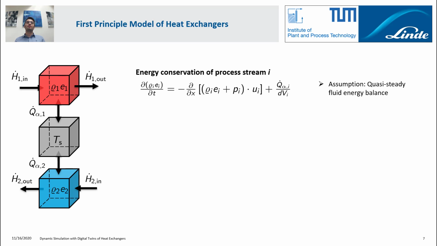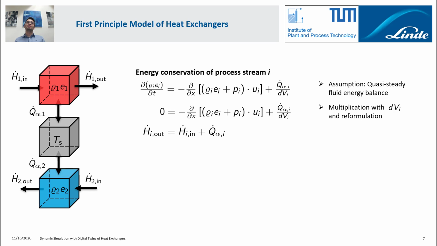If we now assume that the energy dynamics of the process stream happen way faster than the energy dynamics, for example, of the solid heat capacities, we can assume the energy conservation of the process stream to be quasi-steady. This leads to the left-hand side of the equation to vanish. We can now reformulate this equation which yields the simple quasi-steady enthalpy balance of a finite volume. The outlet enthalpy flux is equal to the inlet enthalpy flux plus the transferred heat